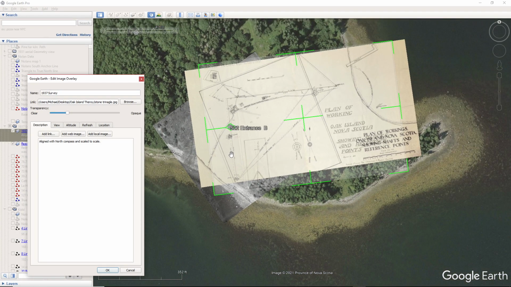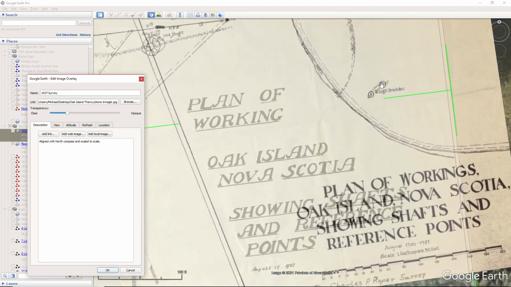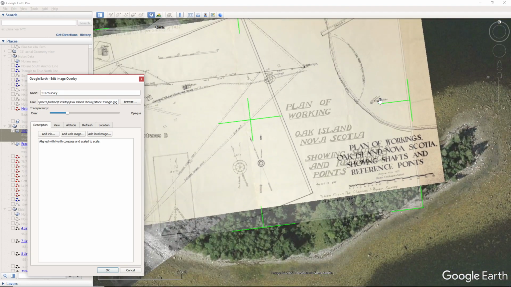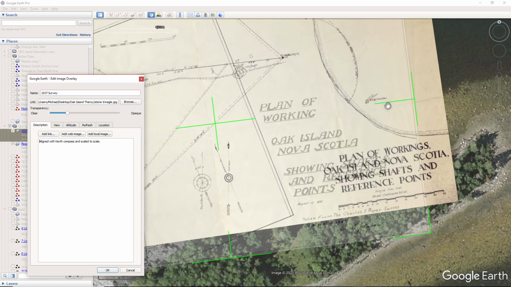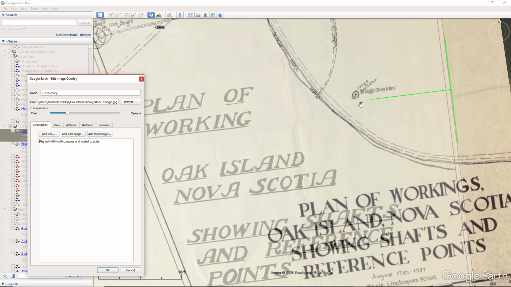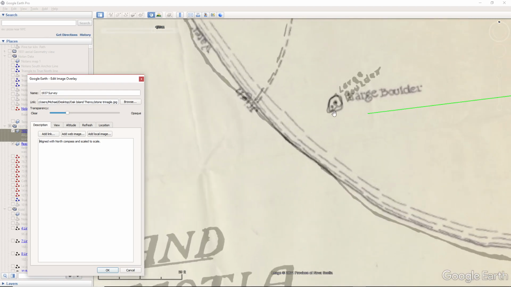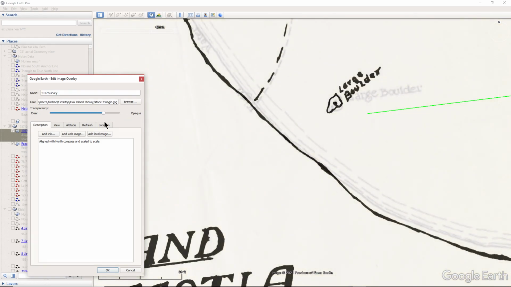And the reason was, and I have them both located. First of all, I have them both scaled to the scales that come with them. And I have them registered going perfectly north-south. And the register is this large boulder. So I have them both registered on this